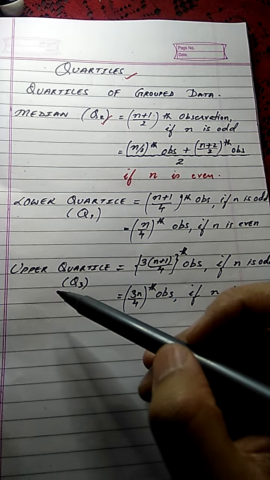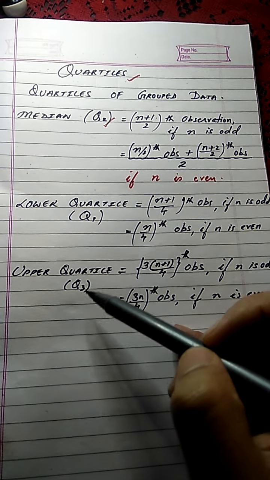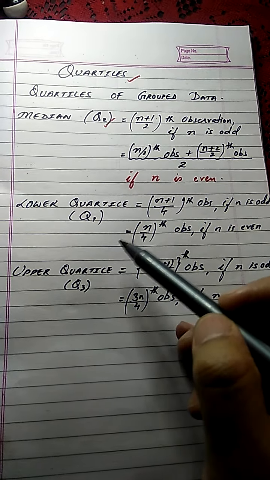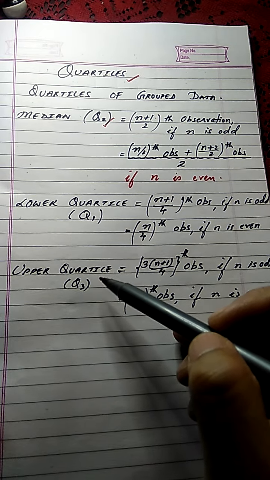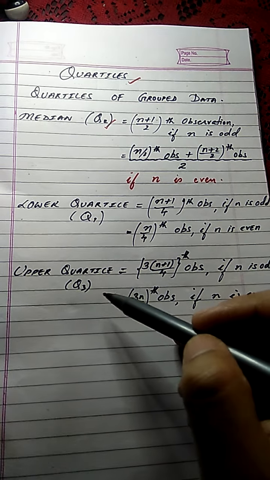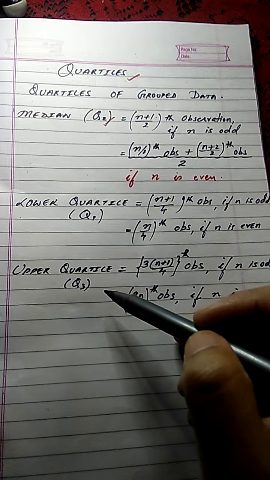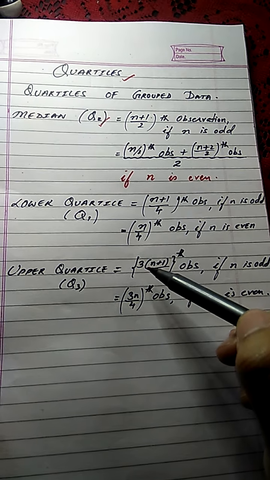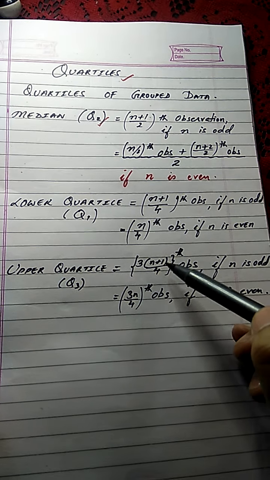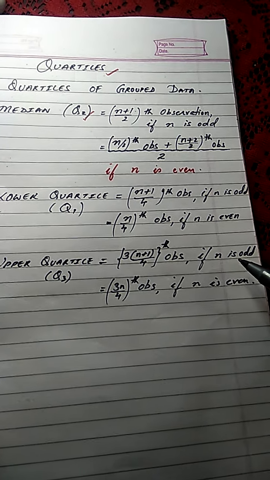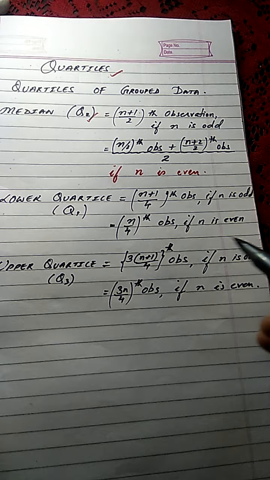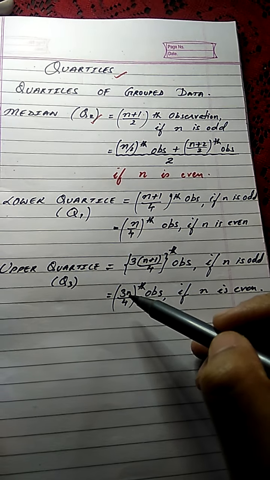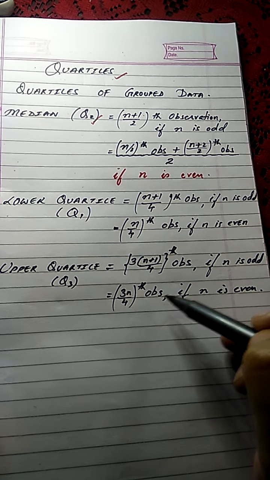Now similarly, the upper quartile denoted by Q3 will divide the upper half of the data, or the second half of the data, again into two equal parts. And what is the formula? The formula is 3 times (n plus 1) by 4th observation if n is odd, or 3n by 4th observation if n